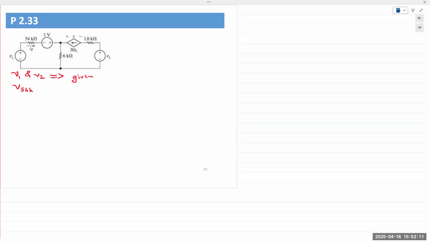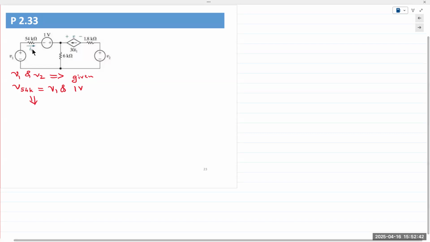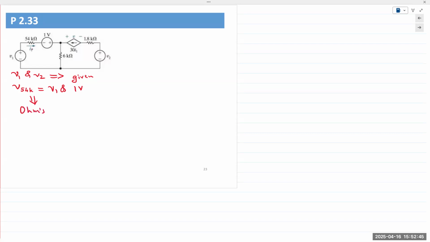Right? So the lower end of the resistor, right there, you're measuring from left to right, the magnitude of the difference is 4 volts. So we can find the current flowing through that resistor. Okay. So voltage is the difference between V1 and 1 volt. Then apply Ohm's law to find I1. Once you have I1,